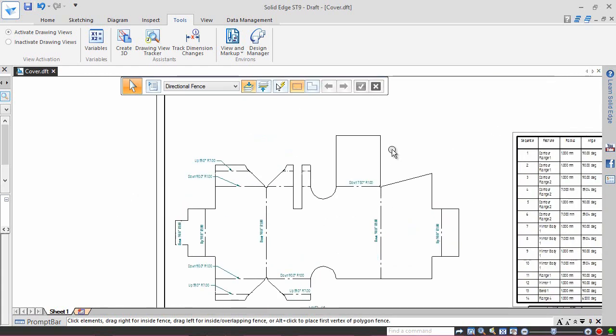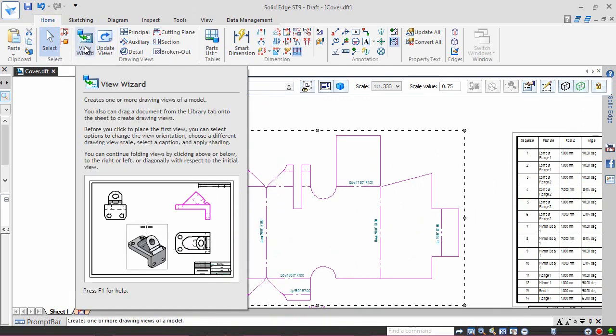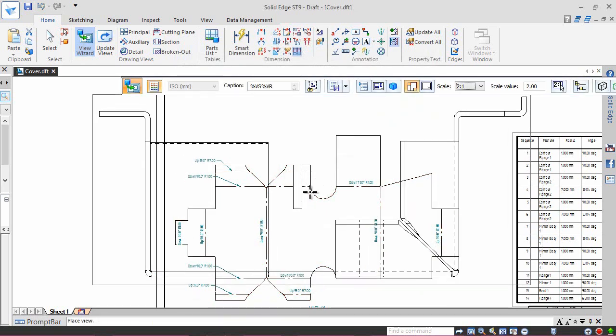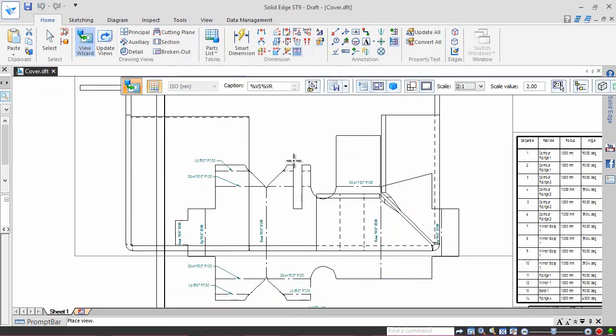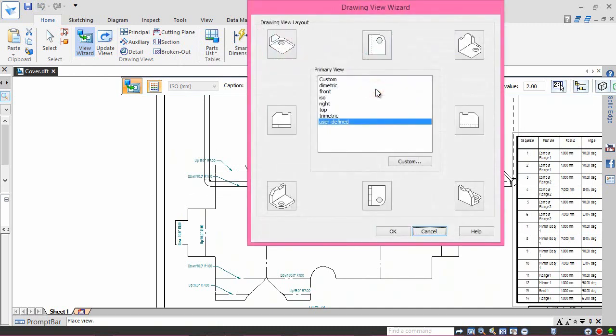Switch to the Home tab and activate View Wizard. Cover part is selected, so click OK. Select our created named view Custom to place.